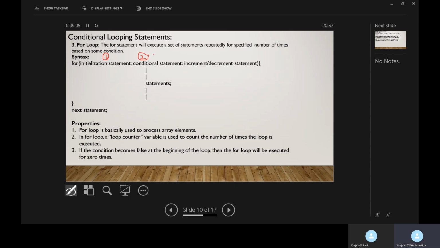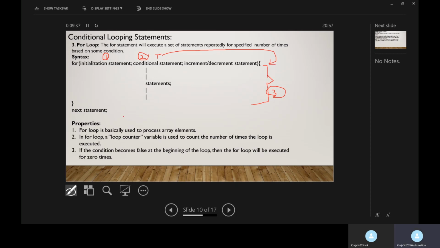If the condition is evaluated to true, then all the statements in the for loop will be executed. So this is step 3.